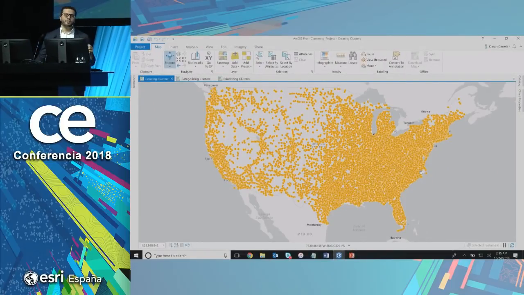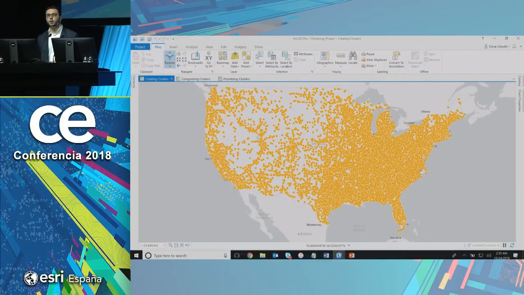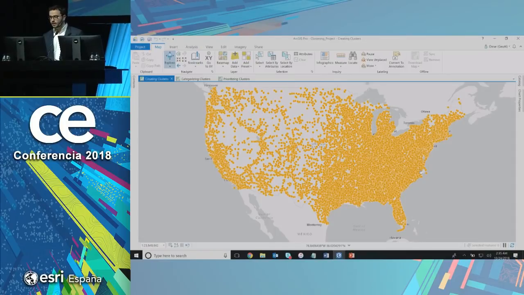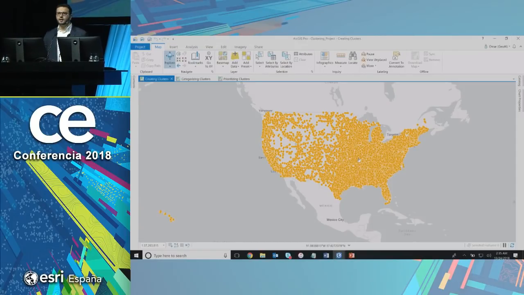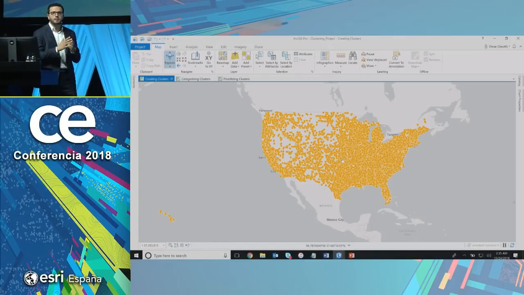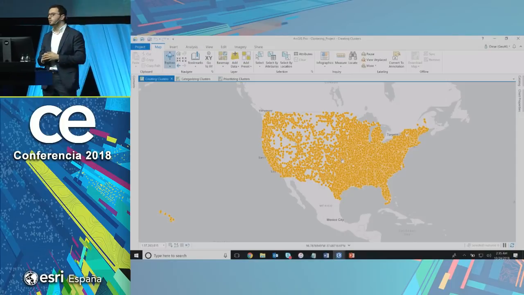These are 35,000 accidents that we got from the Department of Transportation. And these are fatal accidents. And as you can see, they are literally everywhere. Even if you zoom in and zoom out, you cannot really see any kind of patterns, right? One of the tools that can help you find patterns quickly is clustering. And one of the techniques that we have is called density-based clustering. It's finding interesting, statistically significant clusters in the data based on their spatial proximity.